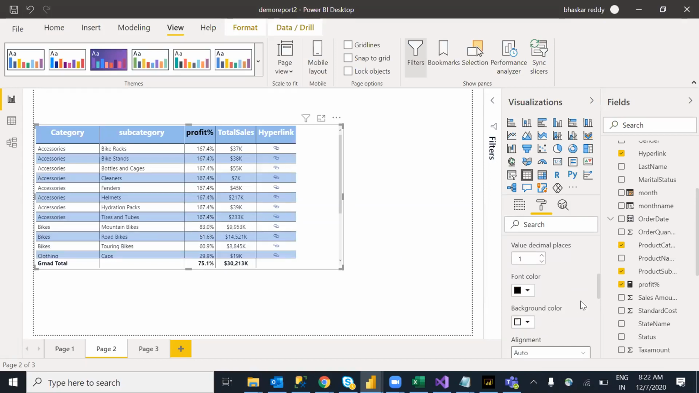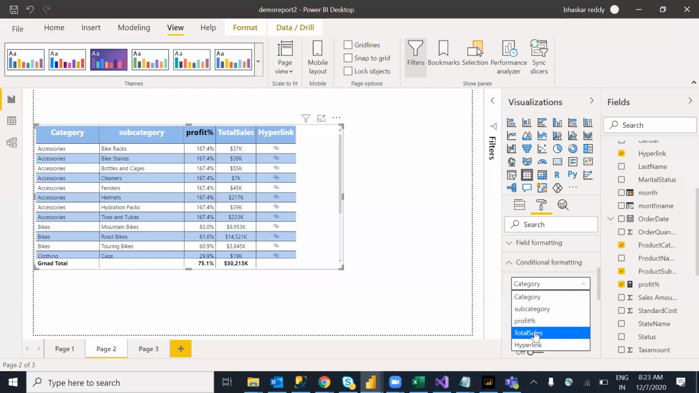Okay. Now we have an important thing. We have a conditional formatting. Based on my condition, I want to display different colors. Conditional formatting, in the sense, let me go with total sales. If my sales amount is, like we have big numbers,